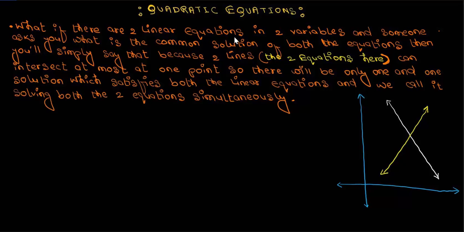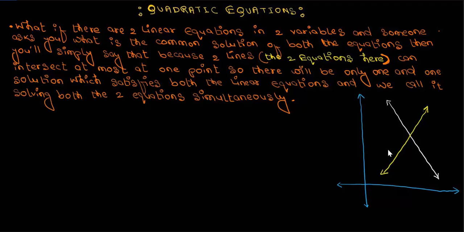What if there are two linear equations in two variables and someone asks you what is the common solution of both the equations? Then you will simply say that, because two lines, the two equations here, for example, this white line is one equation, this yellow line is another equation, these two lines are linear equations in two variables. So because these two lines can intersect at most at one point, there will be only one and only one solution which satisfies both the linear equations,